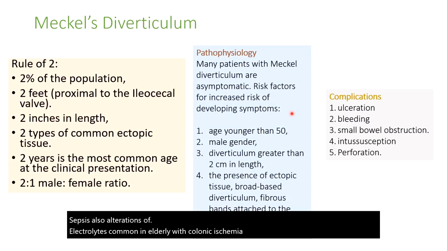Something increases the risk for developing symptoms in patients with Meckel diverticulum: being younger than 50, male gender, when the diverticulum is greater than 2 centimeters in length, or when